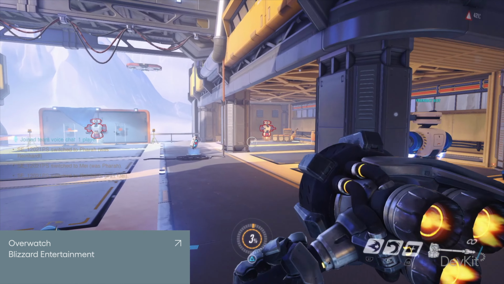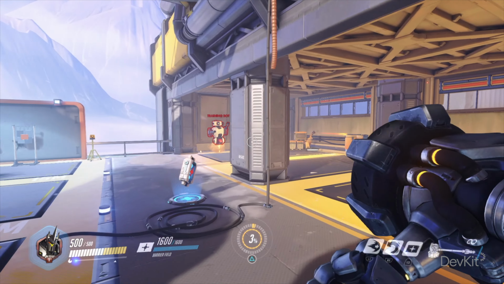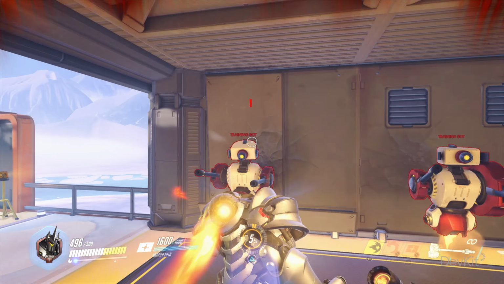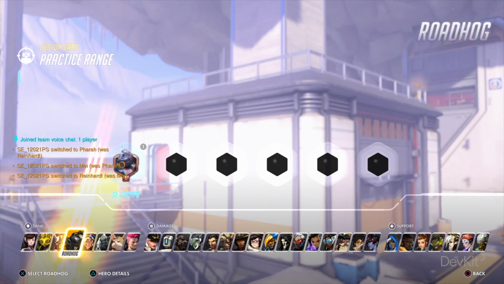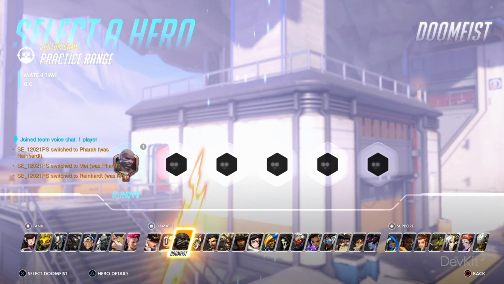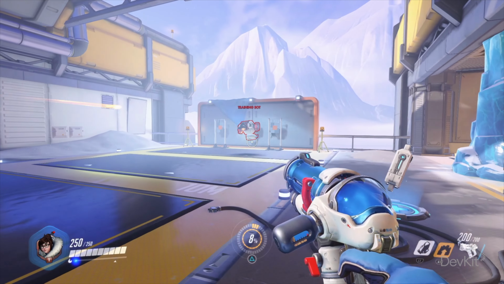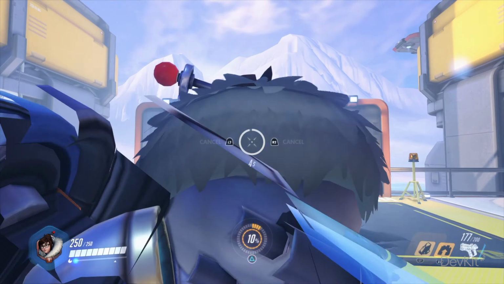So for example, in Overwatch, while playing as Reinhardt, you're able to hold up a shield with one input, or charge forward with another. But if you then switch to a different character, although some actions, like jump, will still be available, the overall set of available actions, and therefore the context, has changed.